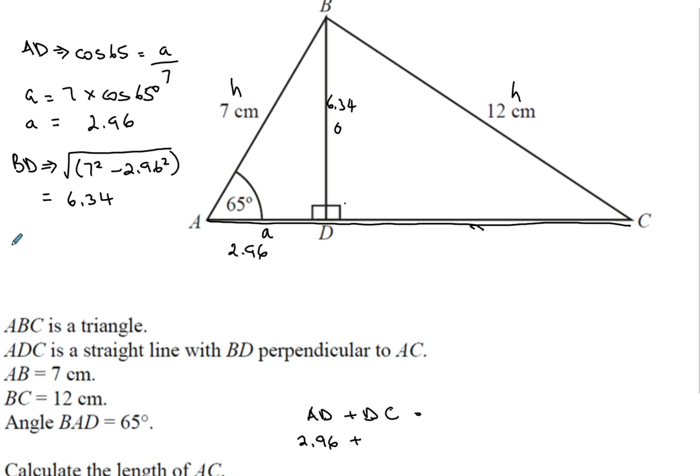So DC equals the square root of 12 squared minus 6.34 squared, and you get 10.19. Okay, and then that goes there, 10.19. You add them all up, and you get 13.15